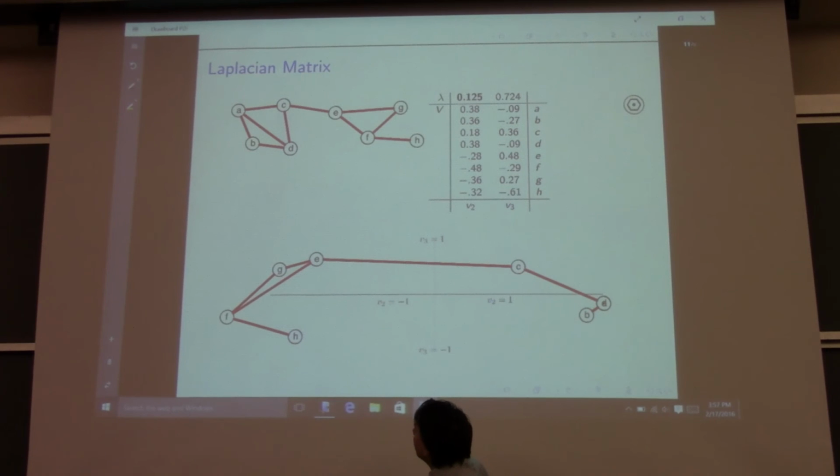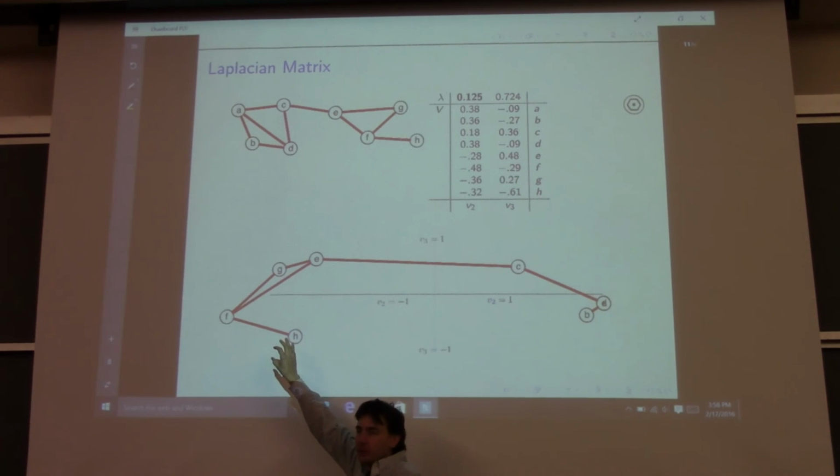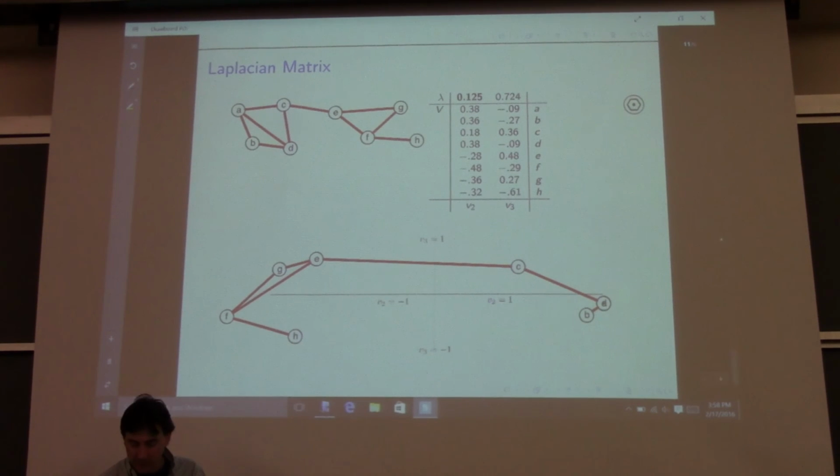And this did not do quite as much of pulling H away from everything else. It's kind of said, well, it's pretty far away from everything, but it has only one edge. So I don't want to really push that too far away. You really don't want to cut this one off because its volume, if I had it set just here, is not going to be as large. So the normalized cut score of cutting this is not going to be so big. So I'm not going to pull this one so far away from the data as I did with the unnormalized